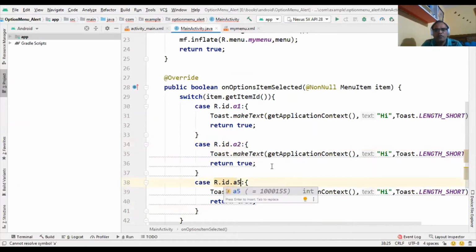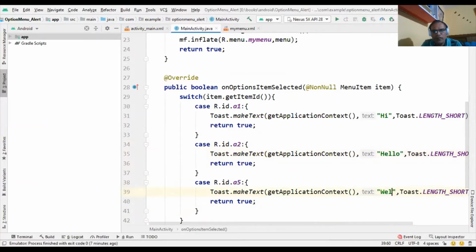So we are using different ids, and we change the message. So here hi, here hello, here we show welcome. Now these different messages will show when we click on particular options.